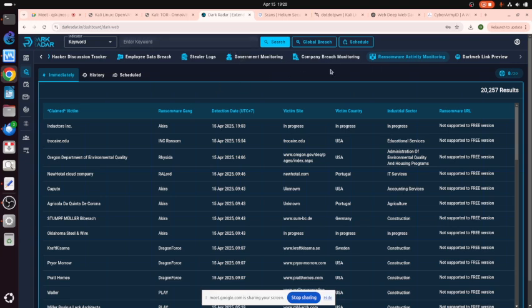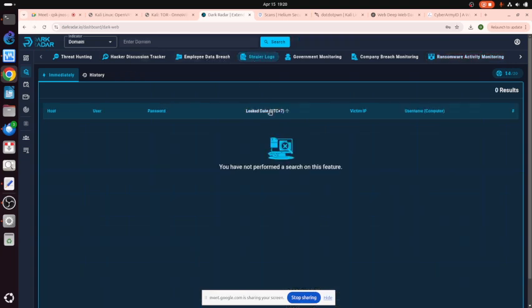Let me see if any password from my campus is leaked. We can check using Stealer logs. A stealer is a Trojan or virus that steals passwords. So let's use the domain itts.ac.id.